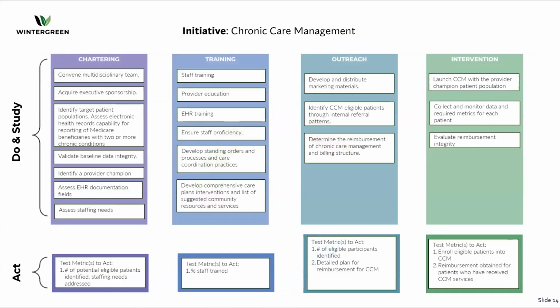So if any of you are familiar with LilyPad, this is a PDSA cycle that will be available in LilyPad later this year on chronic care management. But the outline for the 4 PDSA cycles to implement an effective chronic care management program are chartering, training, outreach,